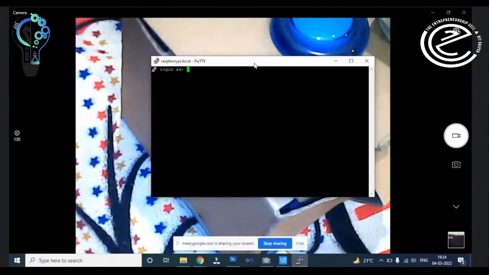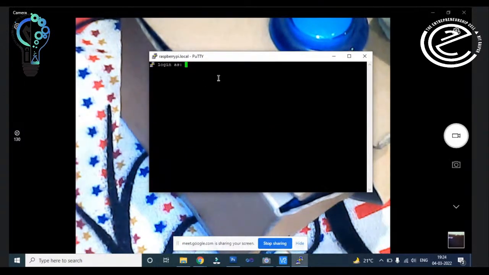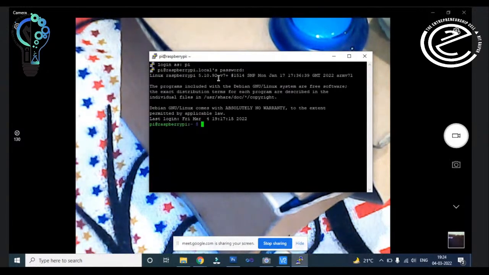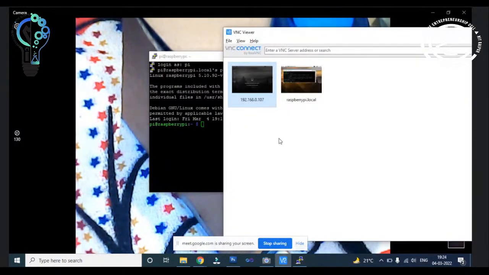Now you can see raspberrypi.local, it is connected with this. I will just insert the username and password and it will again go with the same connection, right?